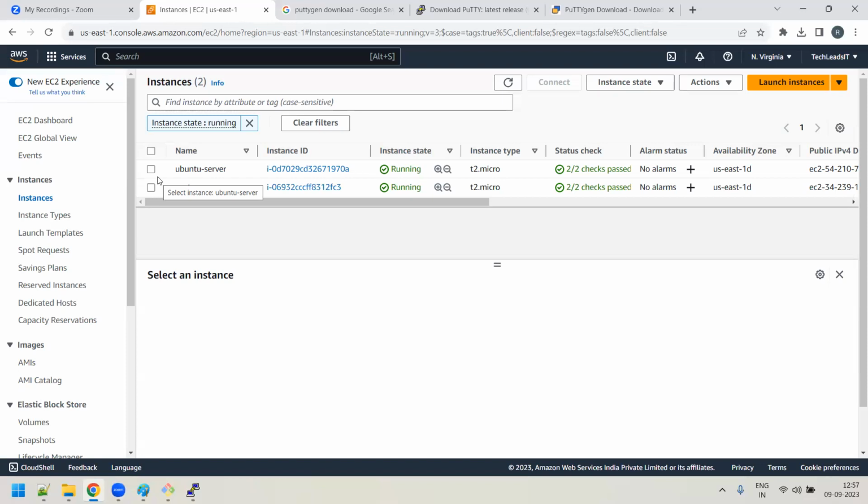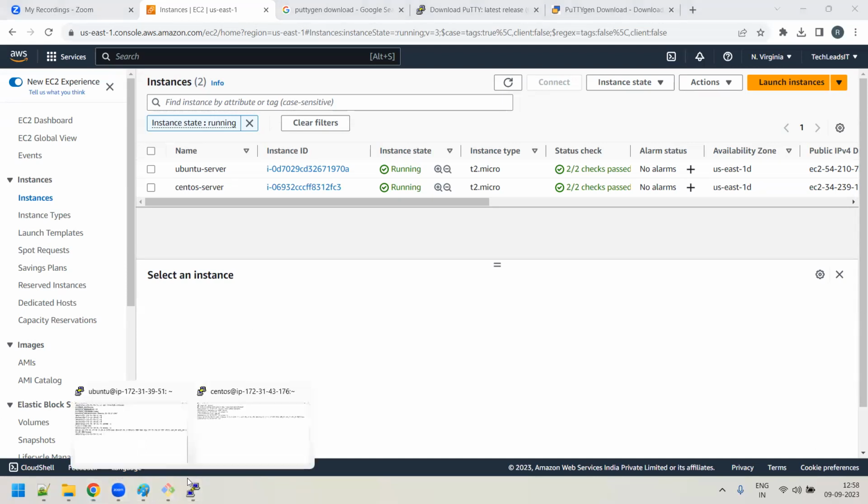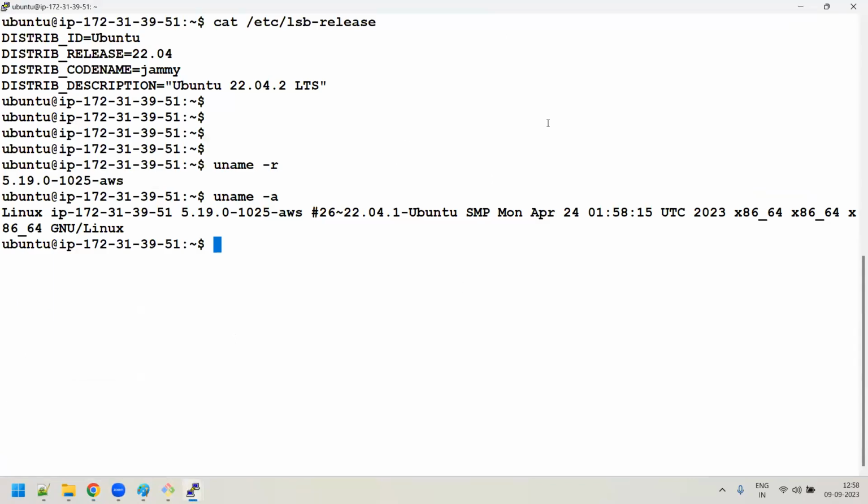But here in the cloud, what happened, right? You will not get that kind of facility. Because for every server, they will be giving only one terminal. You have to just log into that server with the help of a public IP and with the help of a key. You're logging in and you are getting some kind of a terminal like this. This is a kind of terminal also, we'll say. So through this terminal, you can interact with an operating system by executing some commands. Clear, guys?